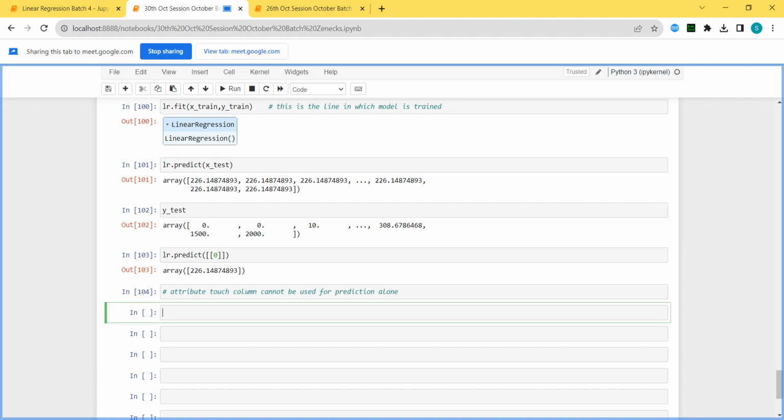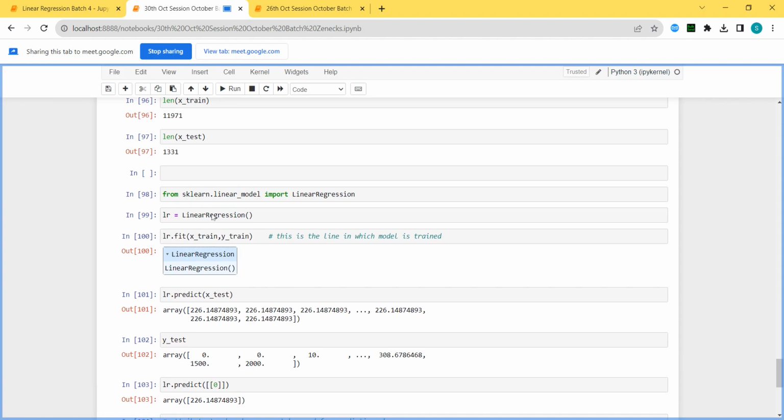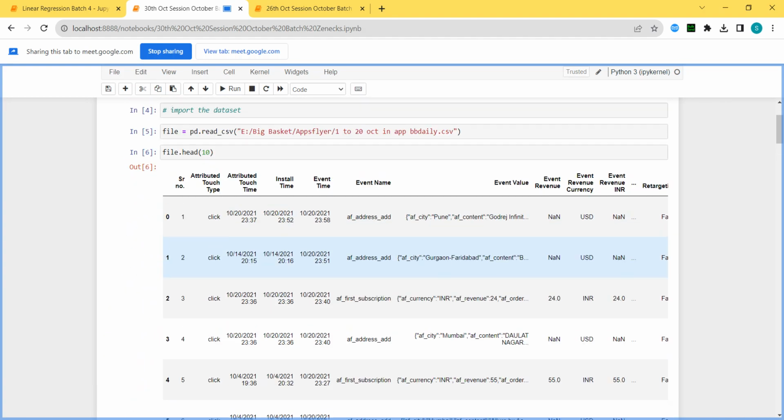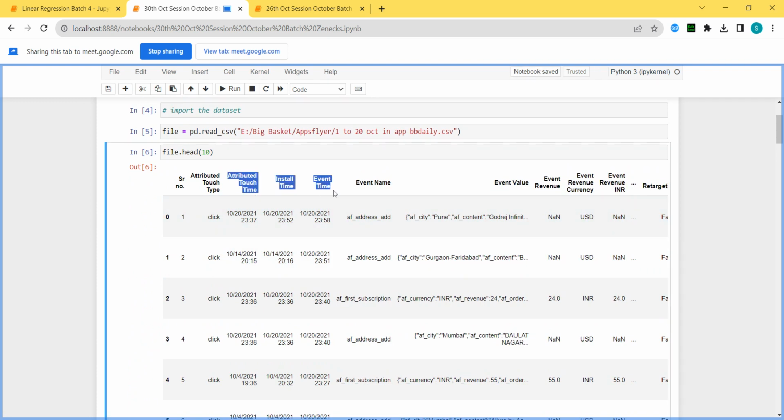Then what I have done? Now, instead of taking this column again, I'm going to take something else. I'm not going to currently use any kind of time column, that comes under a separate kind of thing called time series analysis. We are not going to see that, because we need much time, and that much time for this course is not allocated.